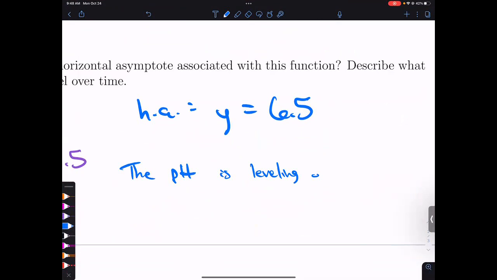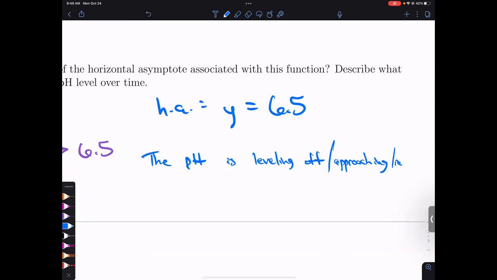I don't know. Leveling off, approaching, coming up to, returning. Whatever version of that makes sense for you. At about